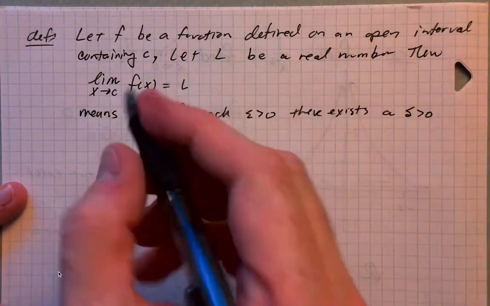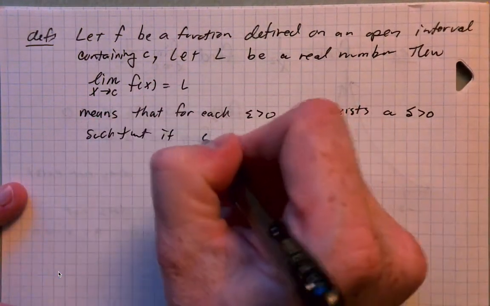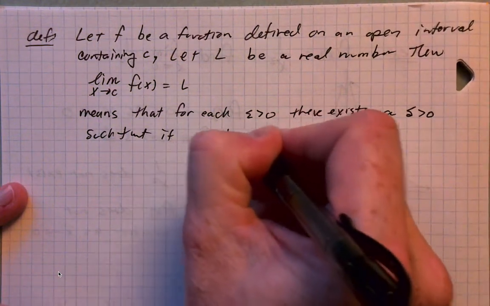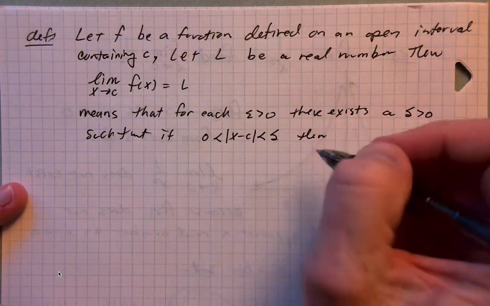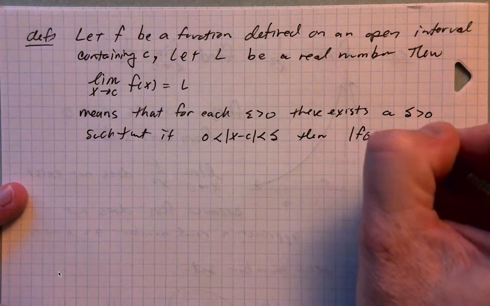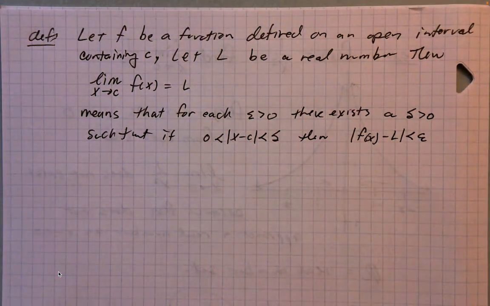Okay, such that if the distance from the limit point is less than delta, then the distance of the function from the limit is less than epsilon. Okay, so I don't expect that to make a lot of sense right now. Let's recap the definition, and then we'll draw some pictures and try to figure out what the heck this is